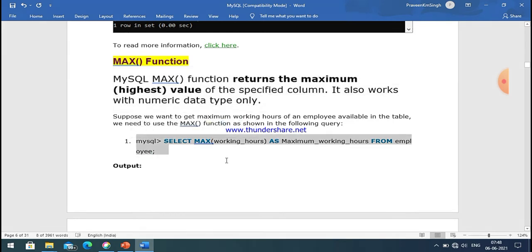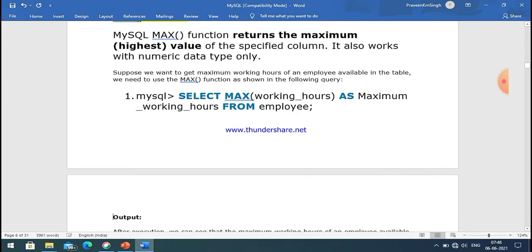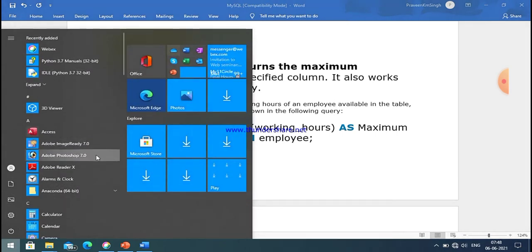You can easily see that in place of min, if you write max, then the maximum working hours can be calculated. So if in a particular column you want to find the minimum value, you can use the min function, and if you want the maximum value, you can use the max function. So here: select max working hours.